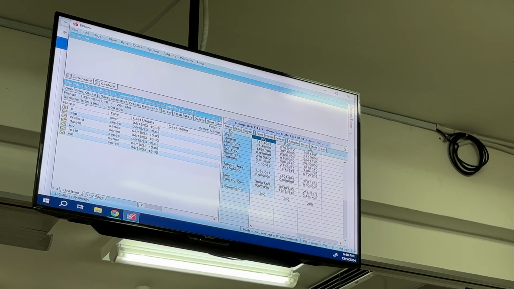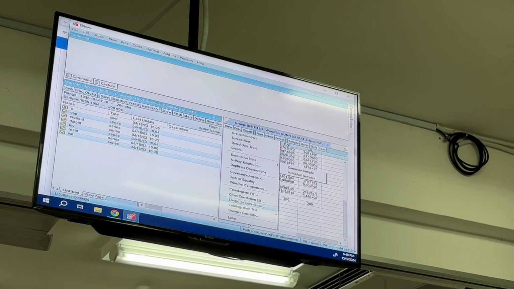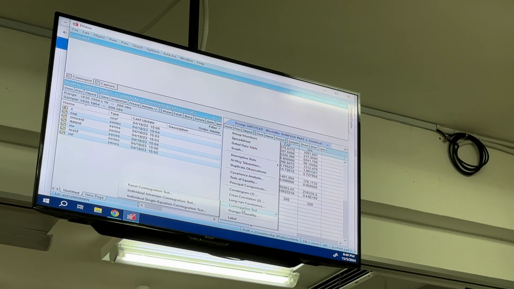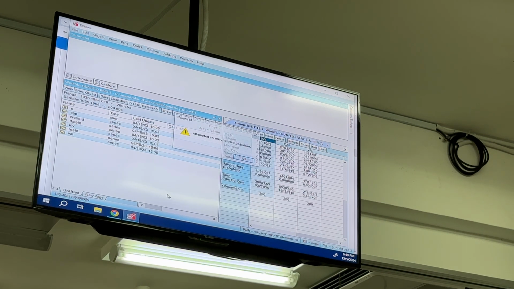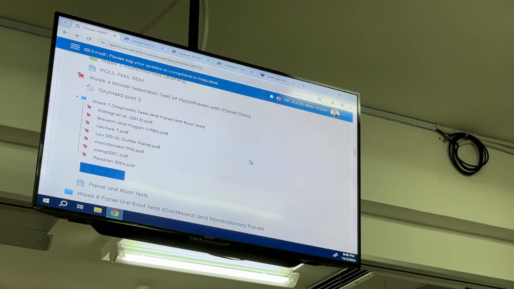So now I want to test for the correlation, right? You can go to view and then go to the correlation test here. Once you go to correlation test, you can see there are three different tests. What we are applying now is a panel correlation test, which was proposed by the